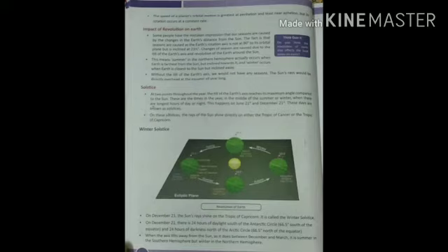On these solstices, the rays of the sun shine directly on either the Tropic of Cancer or the Tropic of Capricorn. Now, we will study winter solstice. On December 21st, the sun's rays shine on the Tropic of Capricorn. It is called the winter solstice. On December 21st, there is 24 hours of daylight south of the Antarctic Circle and 24 hours of darkness north of the Arctic Circle. When the axis tilts away from the sun, as it does between December and March, it is summer in the southern hemisphere but winter in the northern hemisphere.